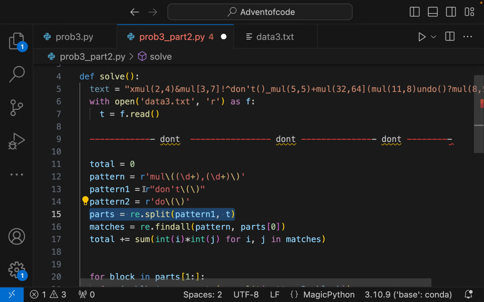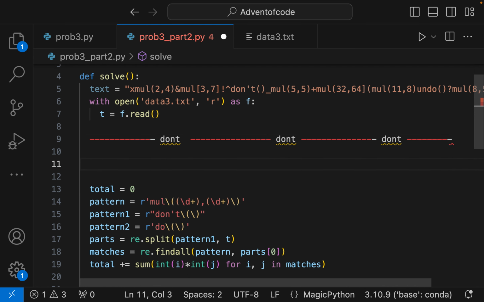So pattern 1 is the don't. I look for this don't, and this is basically this here. Remember, I escaped the open parenthesis and I escaped the close parenthesis. So this is the pattern, and this happens here. So these become parts. Now parts will look something like this. Parts will equal, with this first section, I'll call it 1,